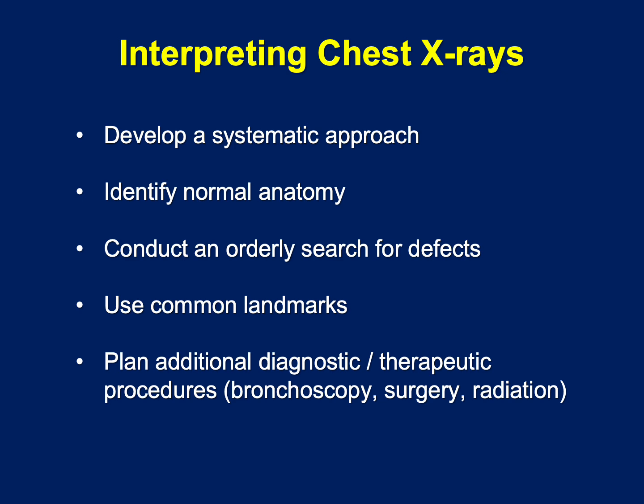Identify normal anatomy, because that is important to know before you can say something is abnormal. Conduct an orderly search for defects. Remember my scheme of normal versus abnormal, natural versus unnatural, and internal versus external. Use common landmarks, and then plan additional diagnostic or therapeutic procedures based on the interpretation of your